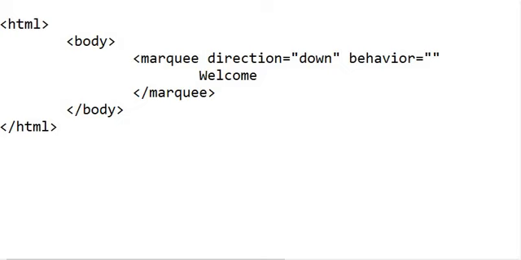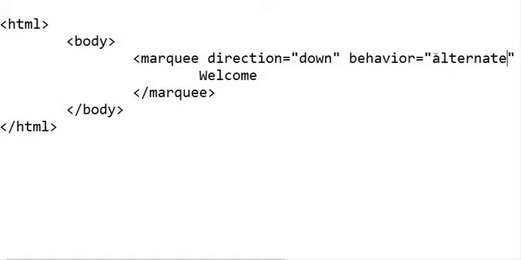Does the item or tag go out of the boundary, or does it work inside the boundary, or does it scroll down, whatever it will work, this we can define with the help of behavior. So in behavior we have three values, and the first one is alternate.